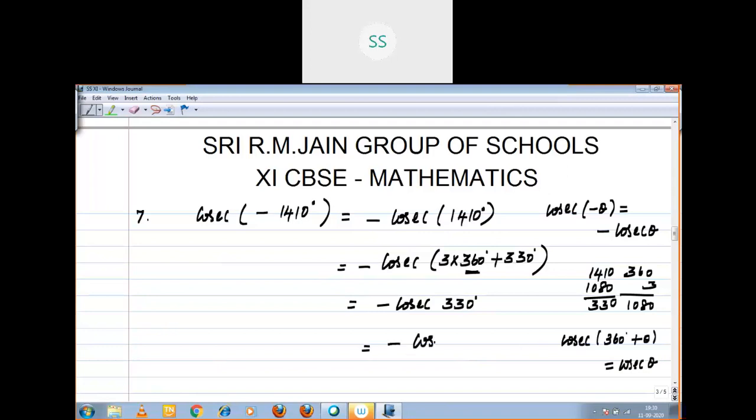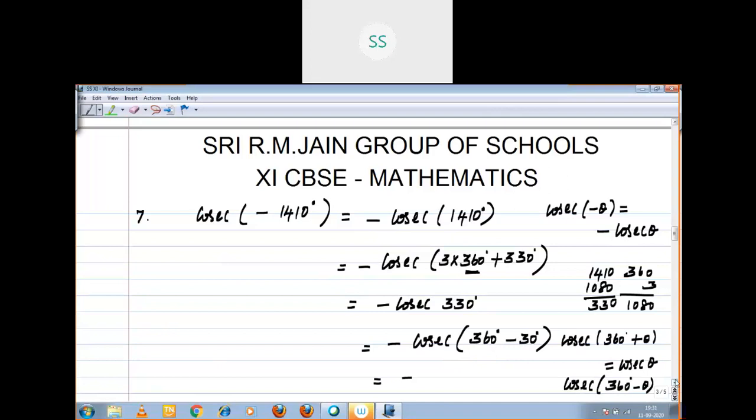330, how am I going to write it, you see, minus cosecant 360 minus 30, right? If you subtract, you will get 330. You have to be very careful while writing the quadrant concept. The degree should not be disturbed, right? You may ask, 270 plus 60, that also you can write, right? Minus cosecant 360 minus theta, fourth quadrant, it is a cos house. Then cosecant will act as negative. That you have to recall, children.